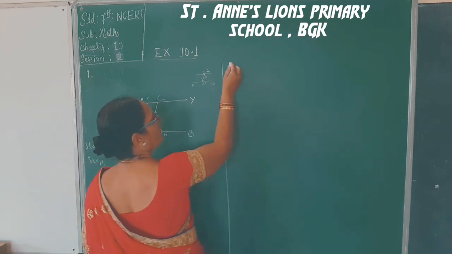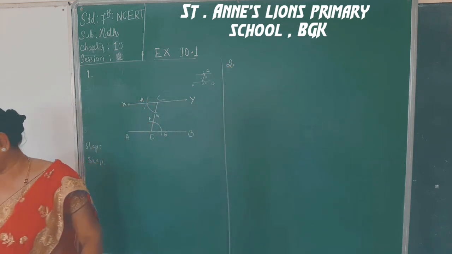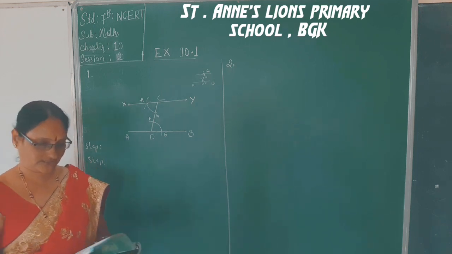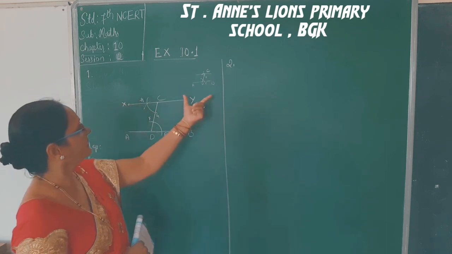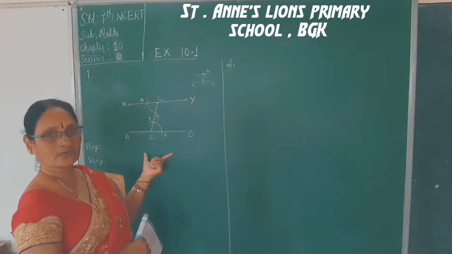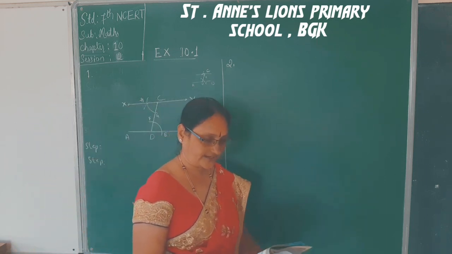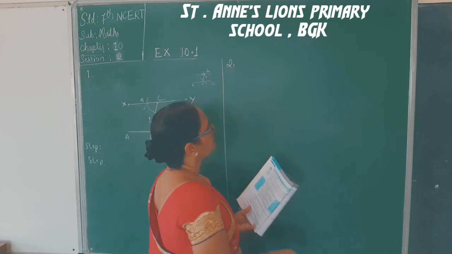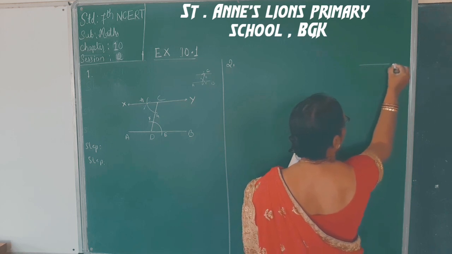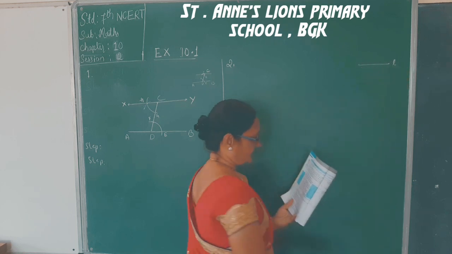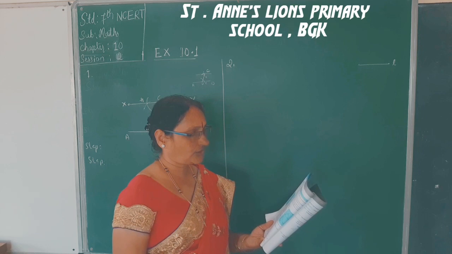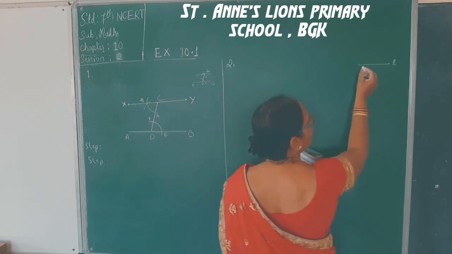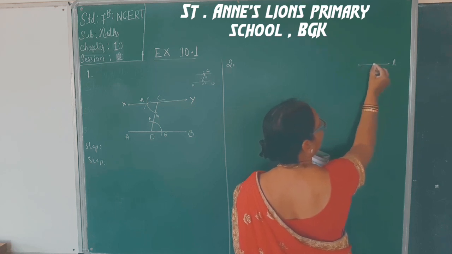Now I will go for the second construction. You take the question. First I draw the rough diagram, the rough construction, the same way as before. What is the second one? Draw a line L. This is a line segment. Draw a perpendicular to L at any point on L.